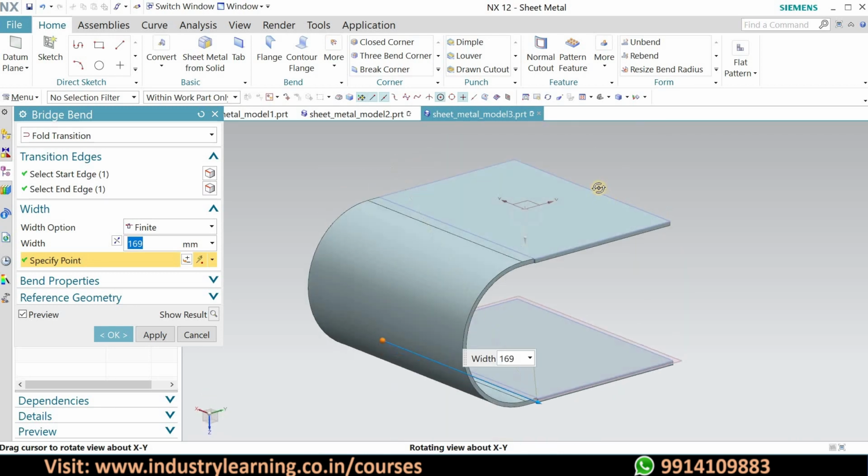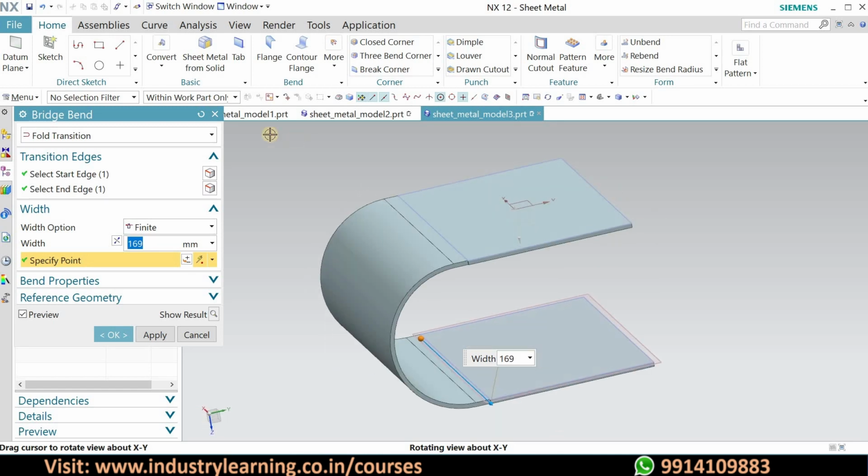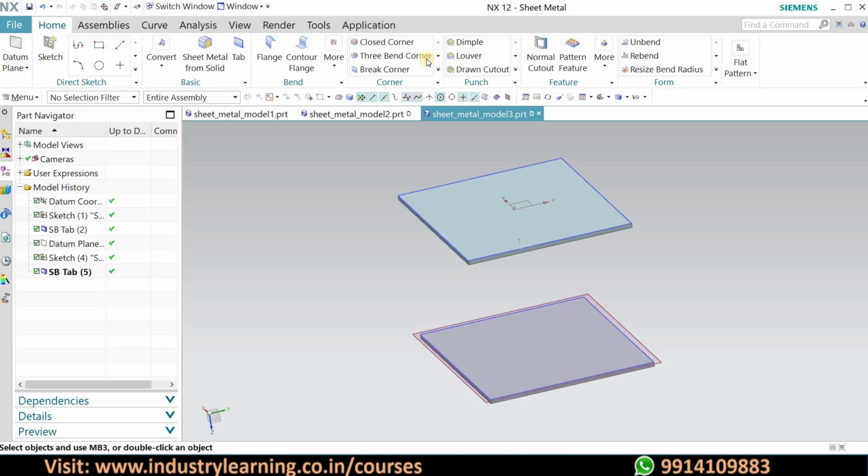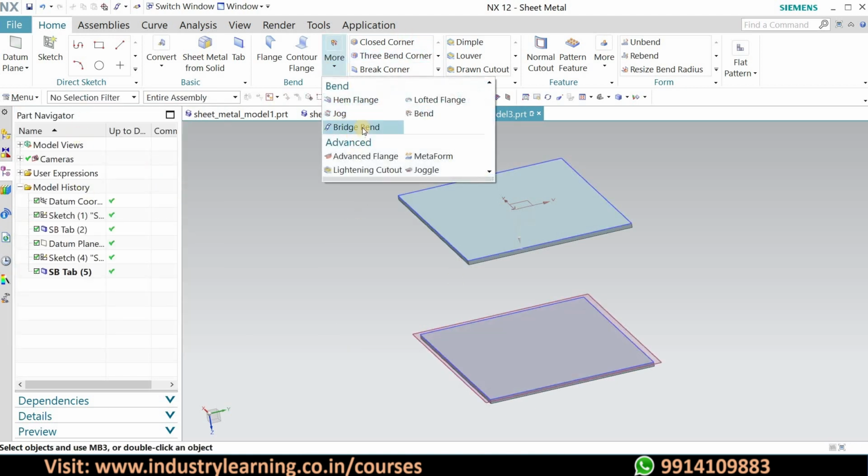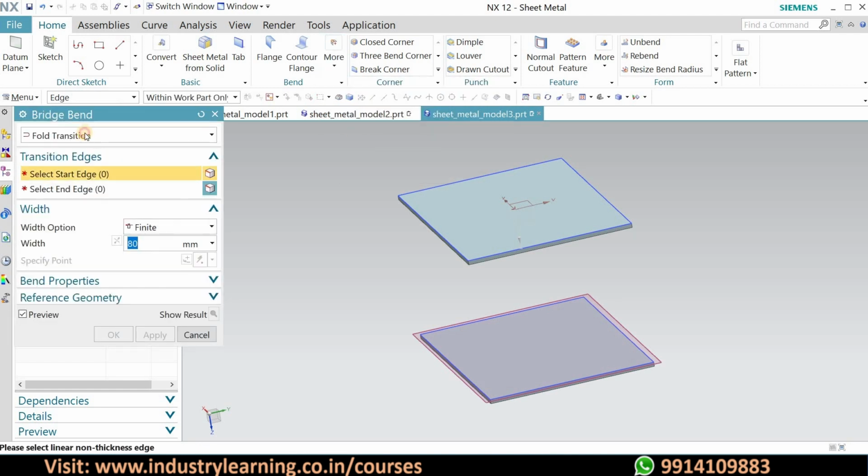So this was basically the fold transition, and now just cancel this, and we will apply Bridgeband again, and that will be of the U transition.